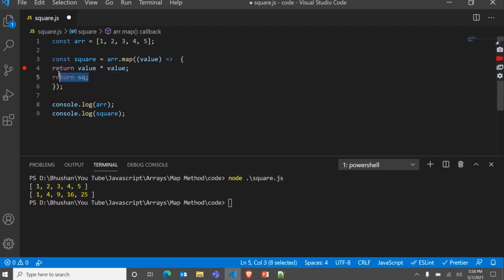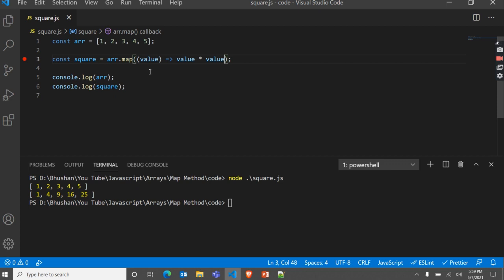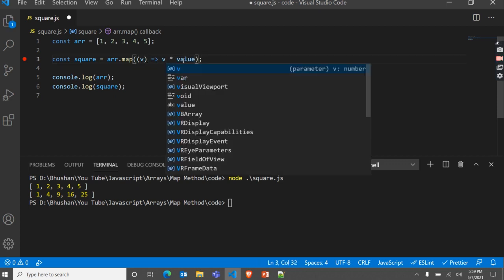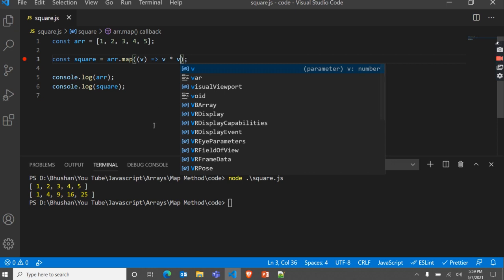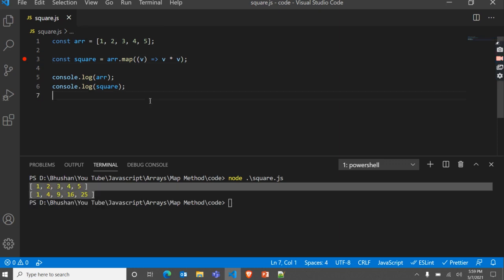Also, since we are returning a single value, we don't need the parenthesis and the return. In a single line we can write this. I like to call this v for value. So see here, in a single line we can use this map function, and we should get the same result now. See, perfect, we get the same result.